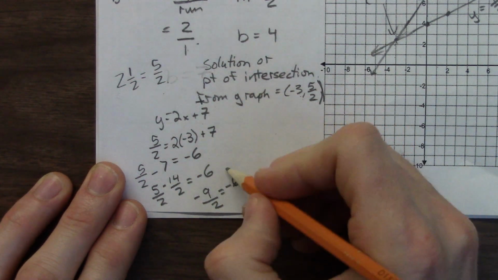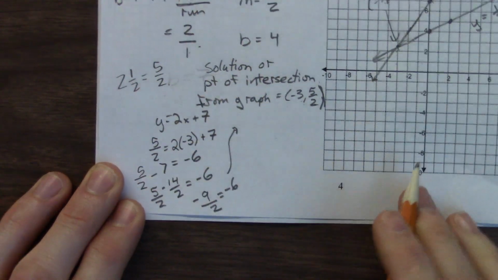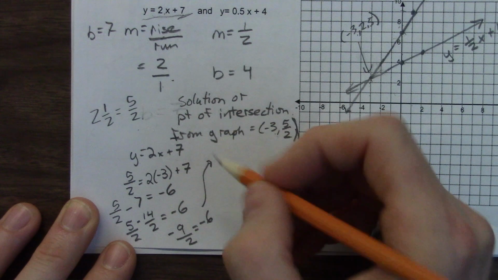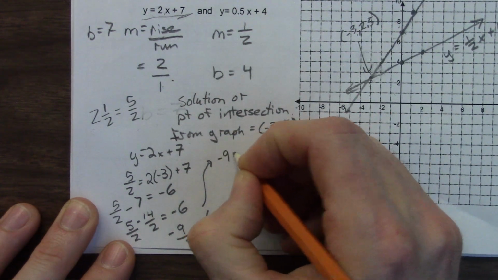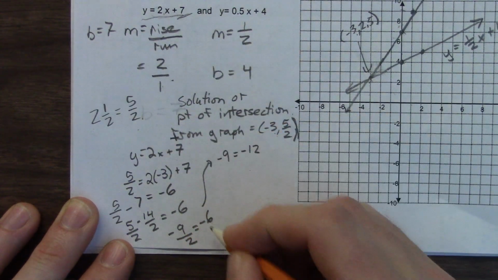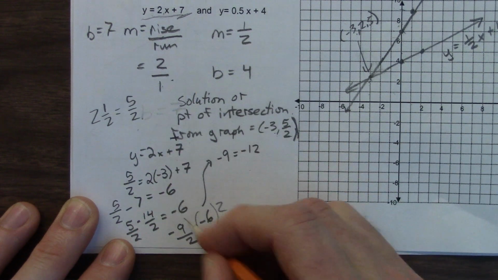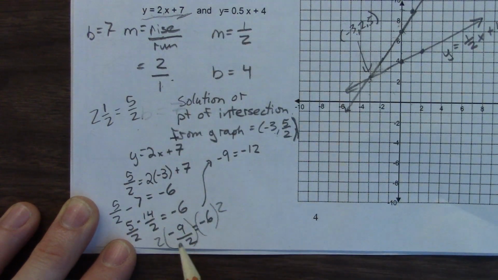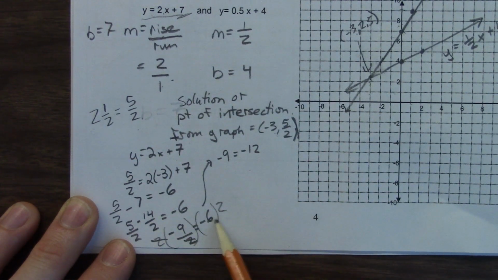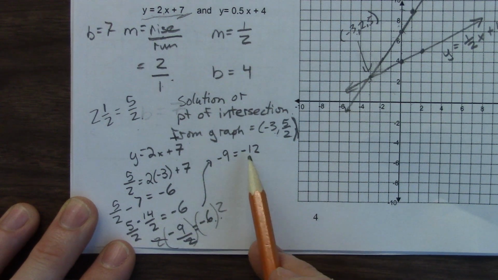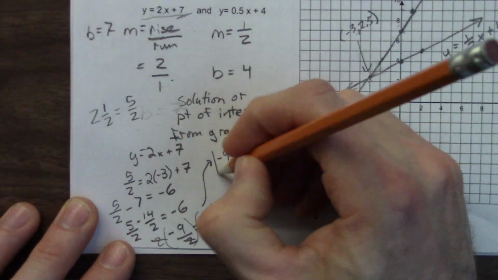It's getting so messy up here, but we're going to keep going. We're going to get negative 9 equals negative 12, right? Because I multiply both sides by 2. So these cross out, and I get negative 6 times 2 is negative 12 and negative 9. So,